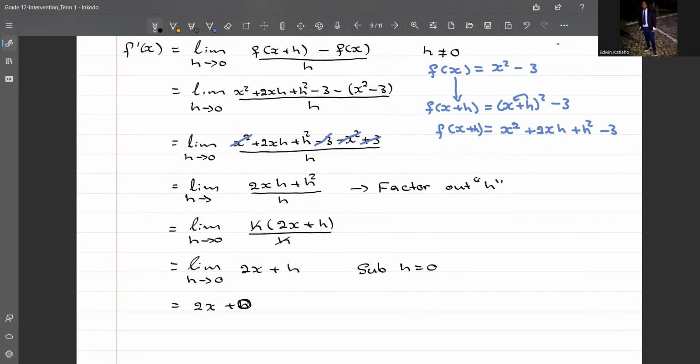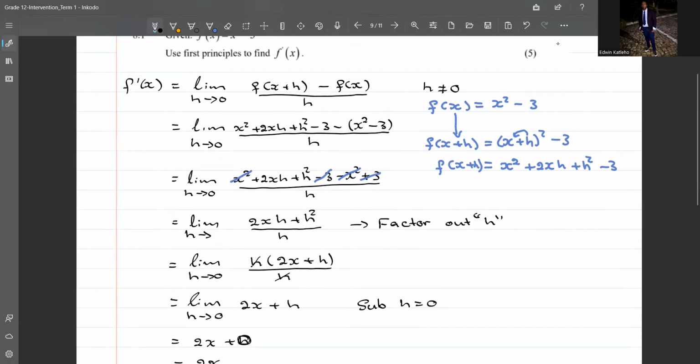My apologies there. And then finally we get 2x. Let's bear in mind your 2x, as you can see, your derivative in this context is going to be another function. We're not going to get into details as to why that happens. I want us to look at the process in finding your derivative of a function, or the derivative from first